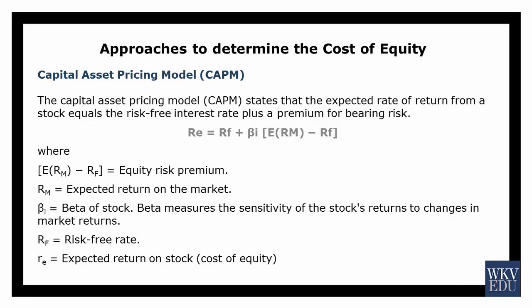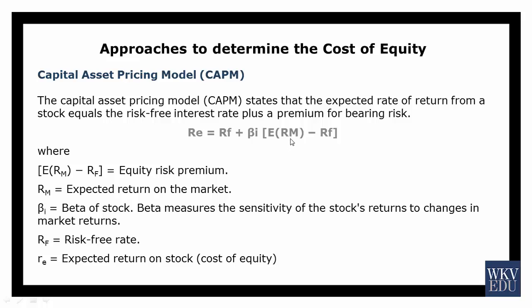A simple plug and play of this formula can definitely come. Now there can be some tweaks in the question. What tweaks? Instead of the market risk premium, they may say no, this is the market risk premium. The difference is the market risk premium. What they can do is directly give you this, or they can give you RF, beta and